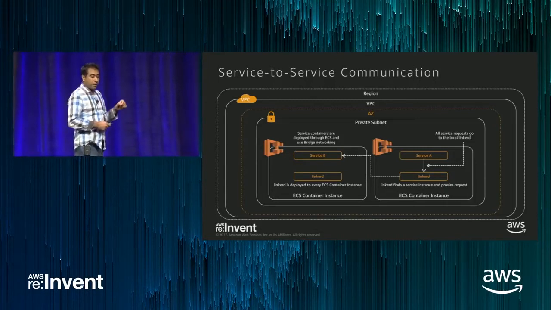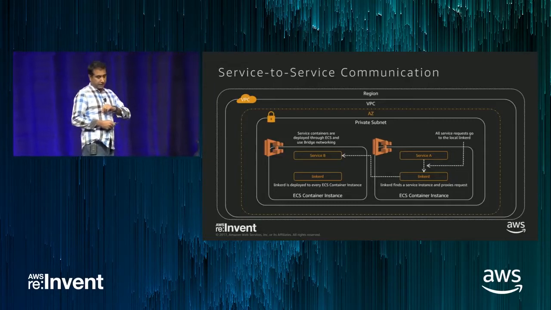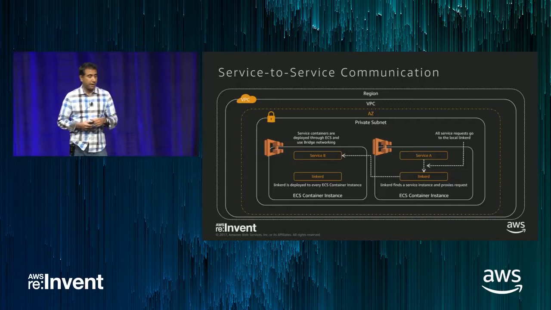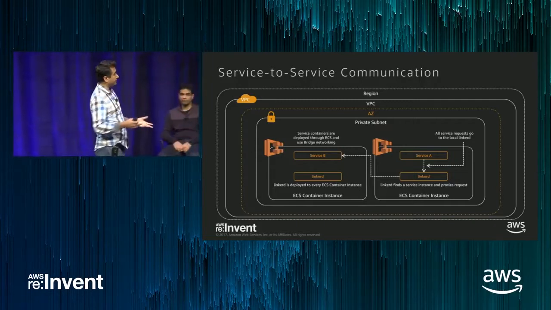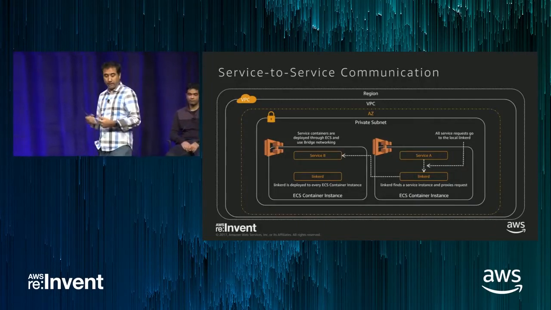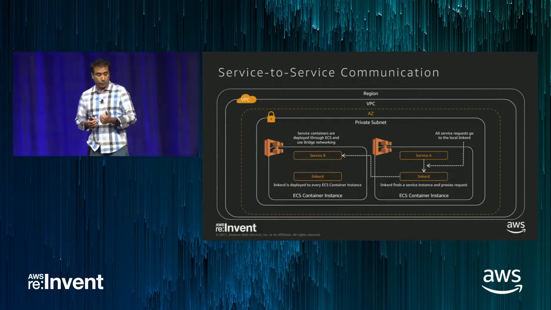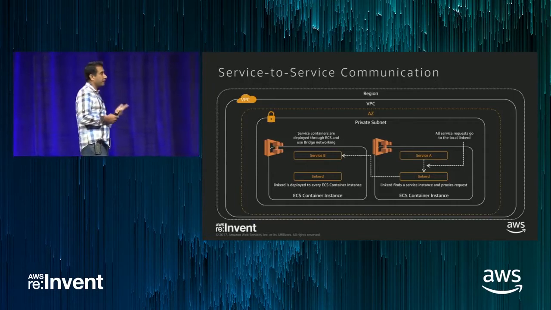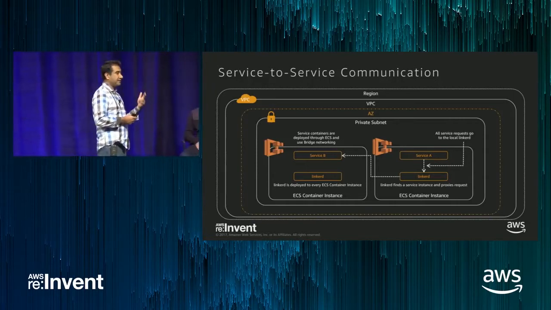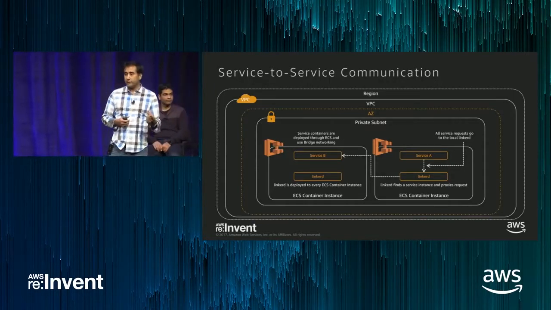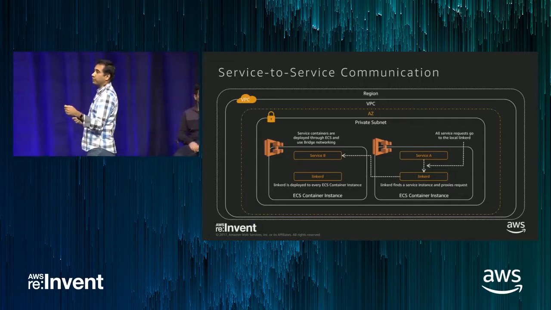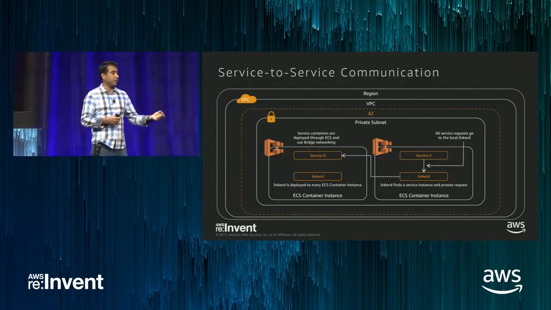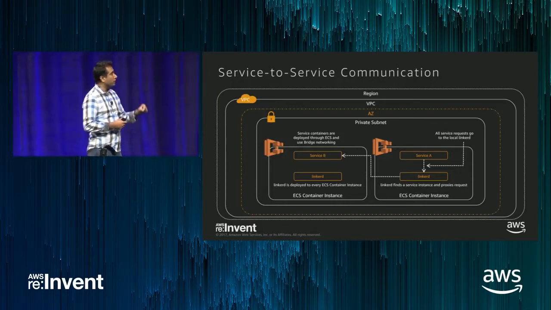So the way that it works is that, again, I mentioned all the ECS nodes live inside of a private subnet. It could be multiple AZs. It could be a single AZ, what have you. So when service A wants to talk to service B, what we've done is we've loaded linkerd onto every ECS instance. So there's one linkerd per instance. So every container, we don't run it as a sidecar. We run it on an instance basis. So every container talks to the local linkerd.